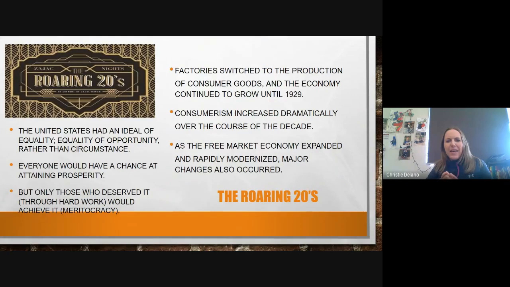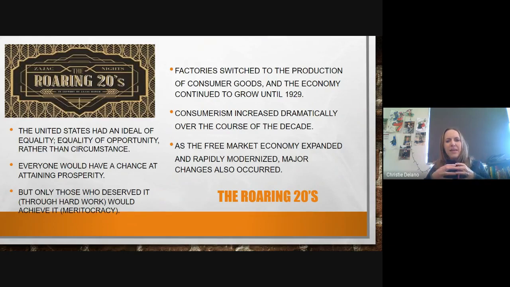So what we see, and you may have heard of it before, is this idea of the Roaring 20s. After the war, when a lot of nations in Europe start to struggle and they're rebuilding, the United States really had a great deal of equality. Now, we'll have to qualify that equality, in the sense that there was still tremendous inequality, race inequality, income inequality, depending on who you were and where you lived. But there was more opportunity, so equality of opportunity rather than equality of circumstance, right? Because we know there's tremendous discrimination around the United States and Canada.